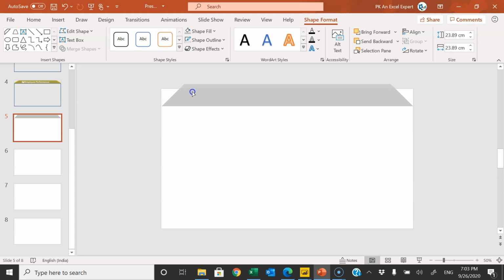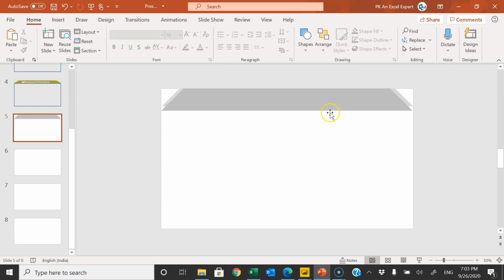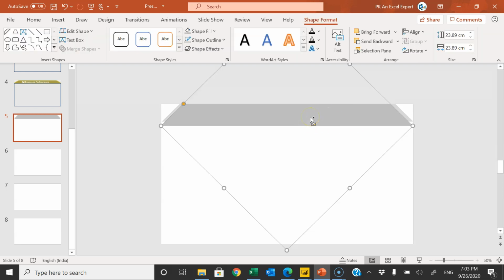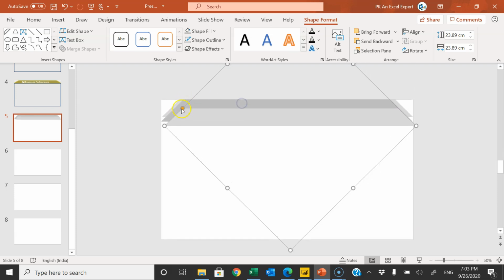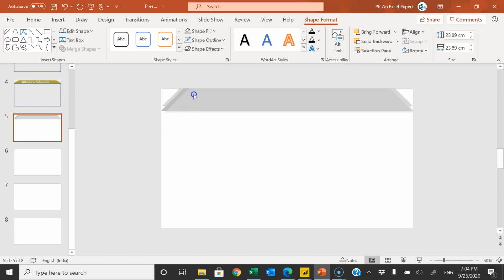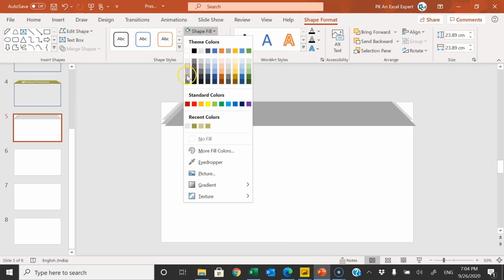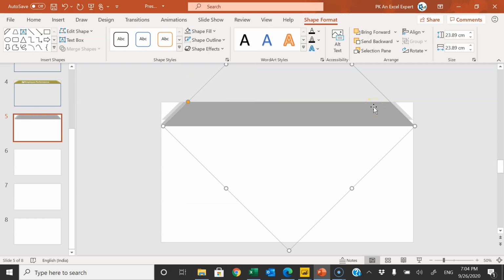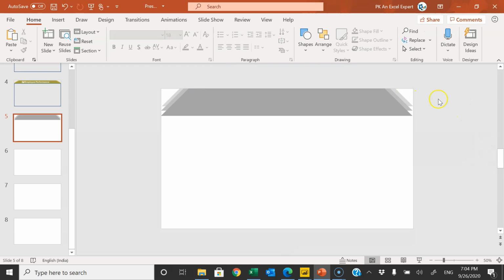Then the height will be little higher and we will adjust in the shape like this. Alright, paste once again that shape and just keep this here, and again we will pick the yellow handle and just move to the right side like this, and we will fill little darker color this one, and we'll keep here like this. Alright, so these are the three shapes looking like this.